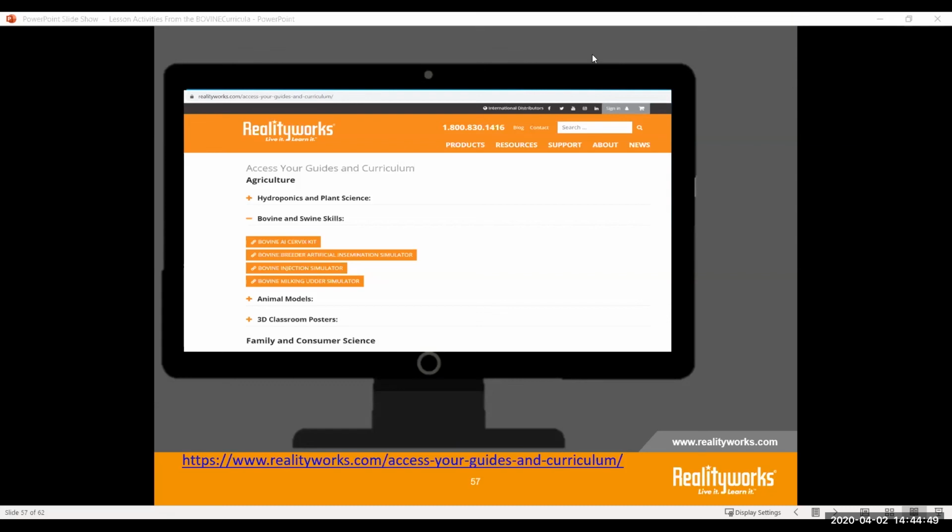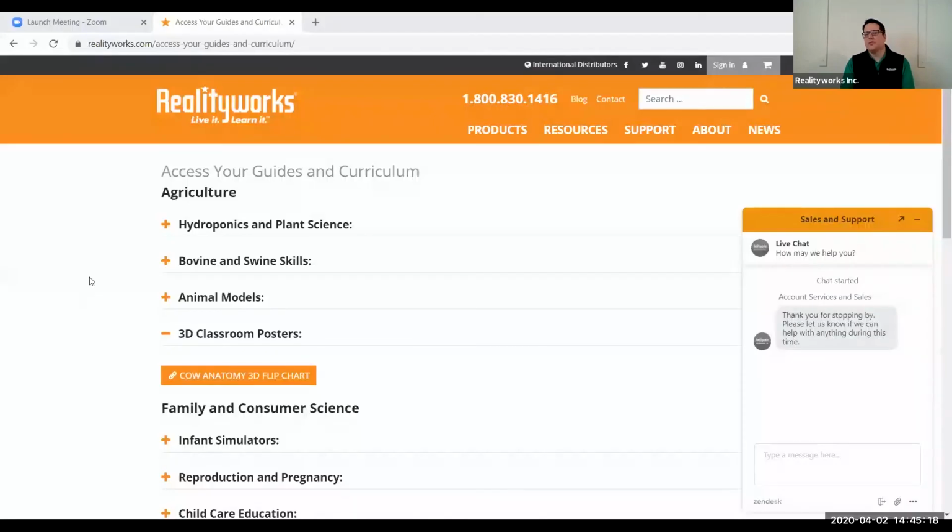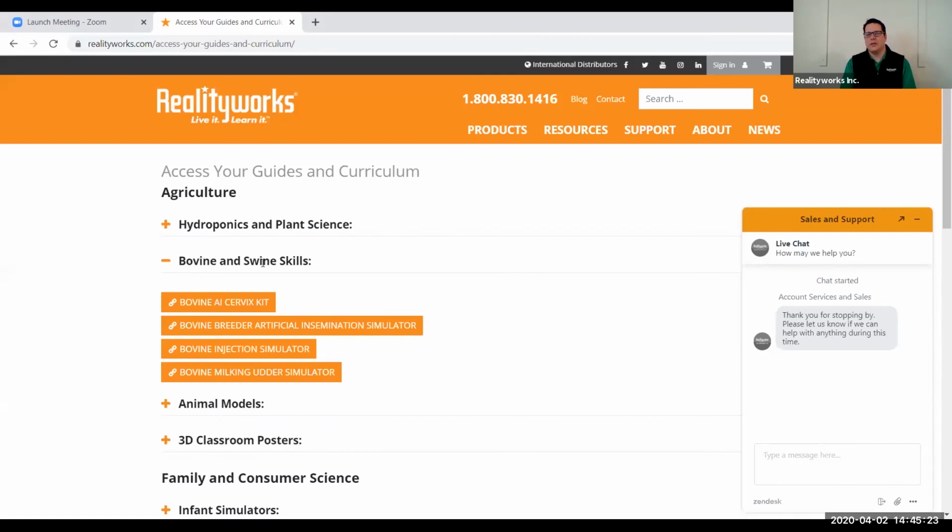Okay, and then we have another question. They see the list of the resources for the bovine; can you show them where the list of the resources for the swine would be? In this case it says bovine, but swine is not quite up there on that one. Let me go back to our website, because we are bringing out our newest product, our swine breeder, coming out this spring, and I don't think it is finalized yet. That's going to be coming up under the swine skills.